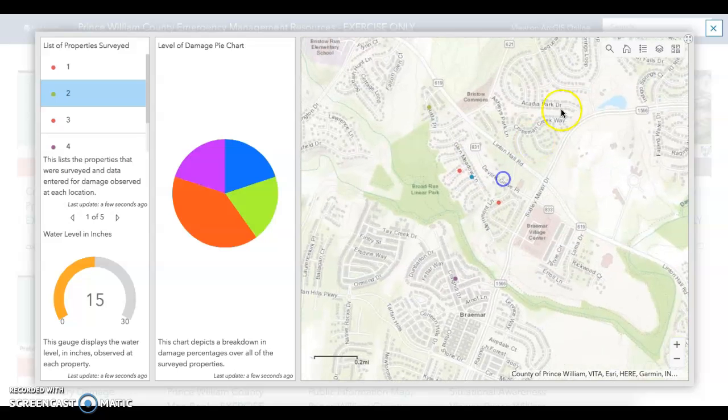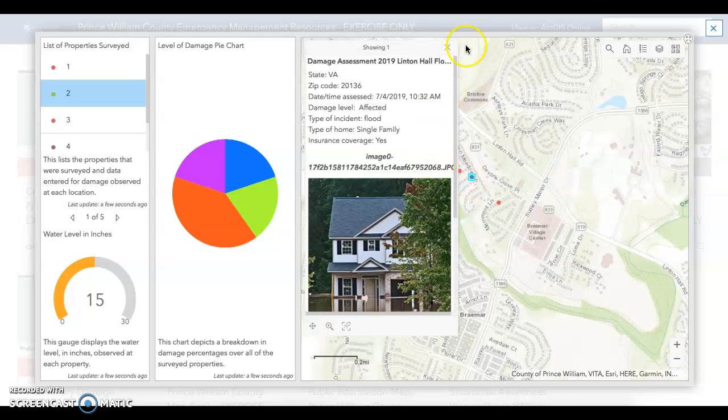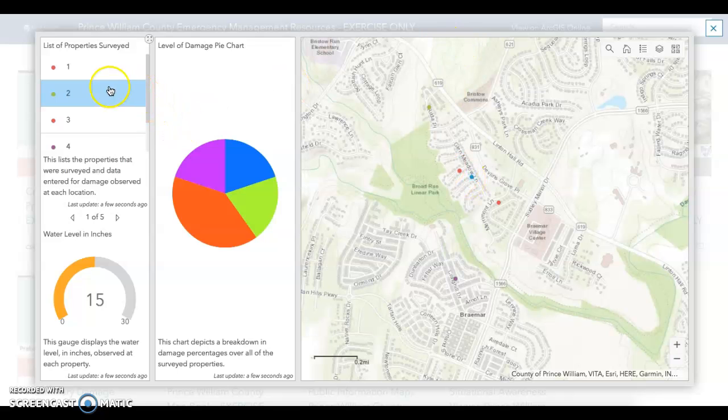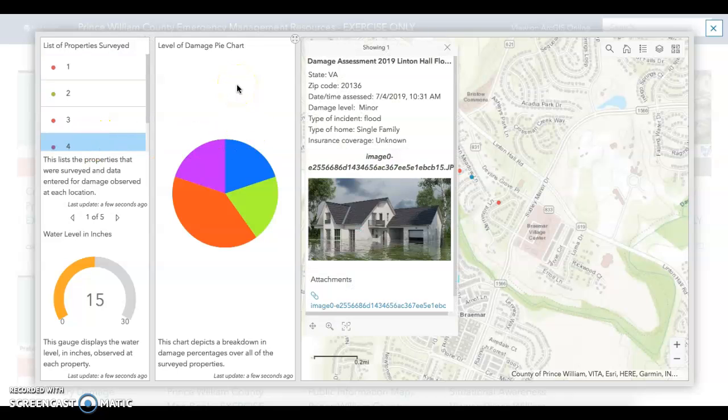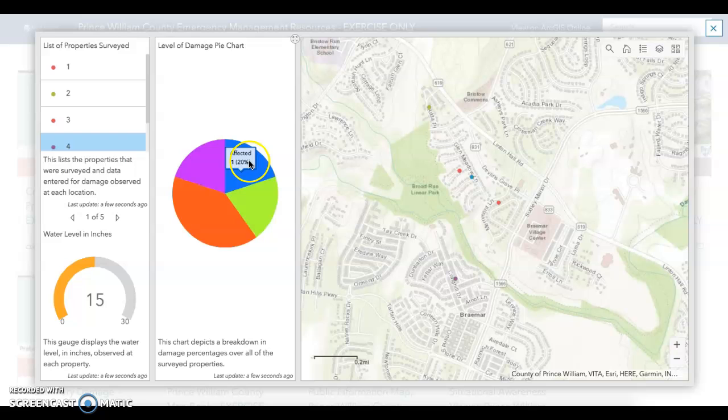They're identified here by the quick dots, so you can individually click them if you'd like. But again, you can also just use the slider over here to select them individually. And showing aggregate data here is pretty simple as well. For instance, we have the level of damage depicted in a pie chart, so we can see that out of these 5, 2 properties are listed as major damage, 1 inaccessible, 1 affected, and 1 minor. So it gives you an idea of, once that survey information is collected, how it could be usefully displayed in